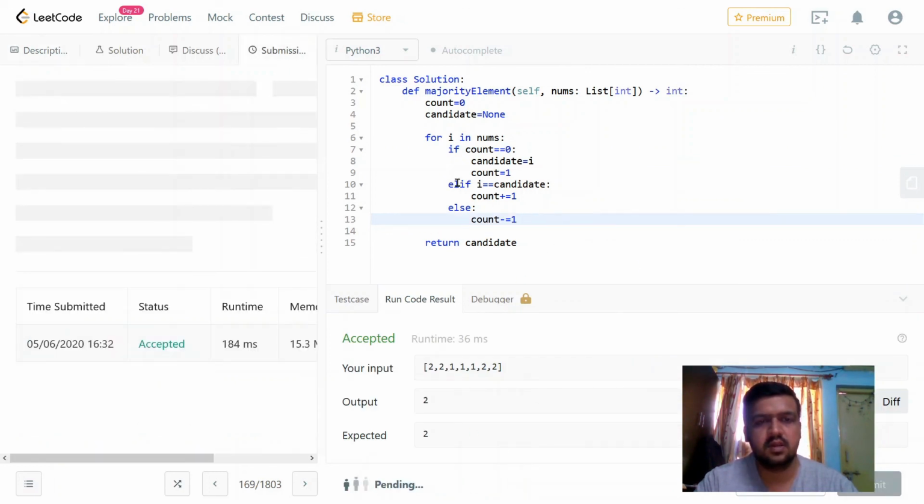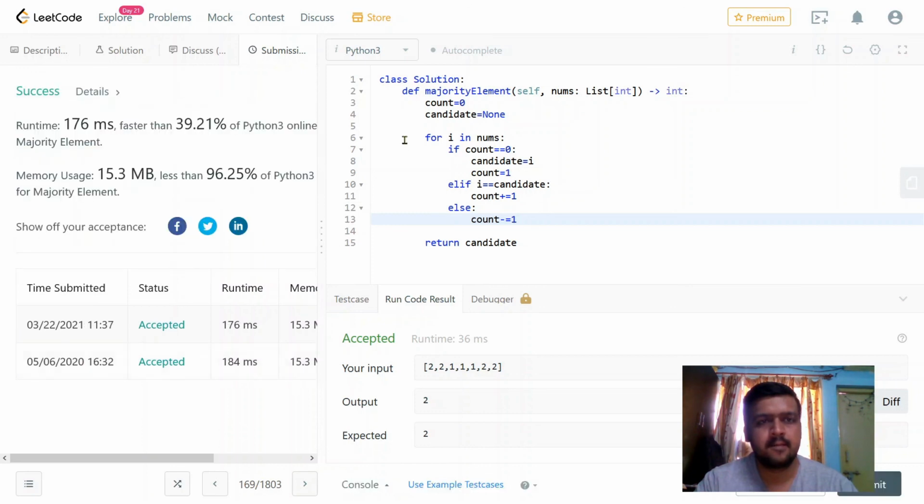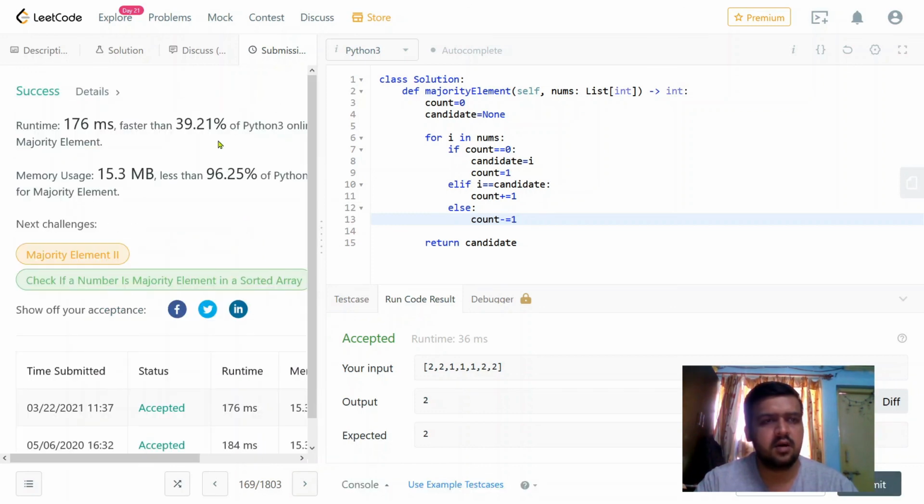Let's try to submit this. So this is working fine, 39%. So this is the best approach. This particular percentage might vary, so don't worry about that. But it is very efficient in terms of space. So that is a good thing.